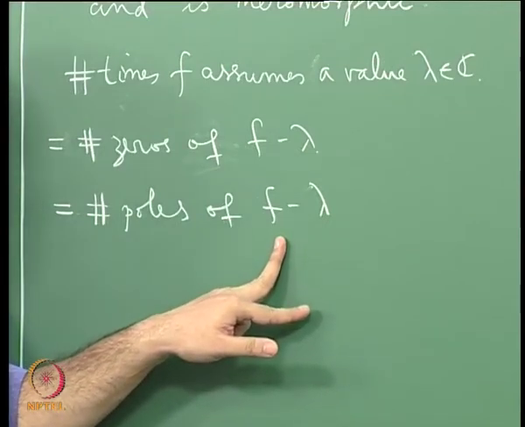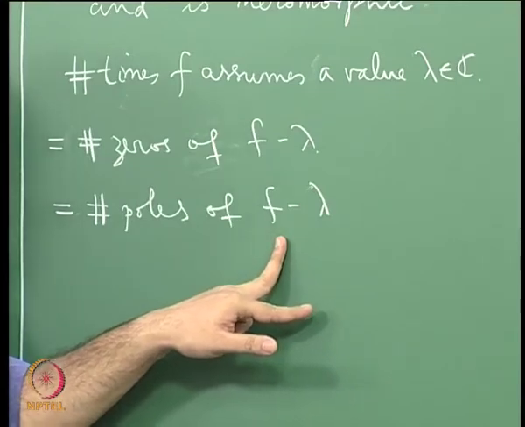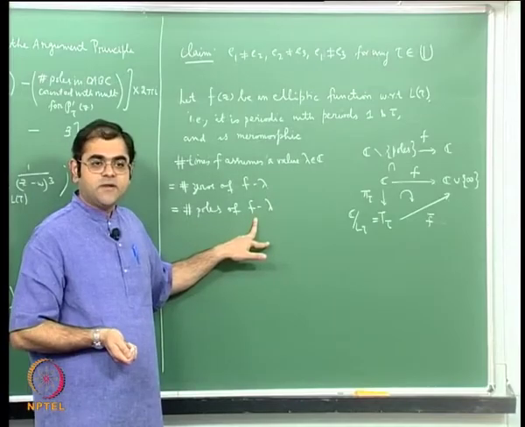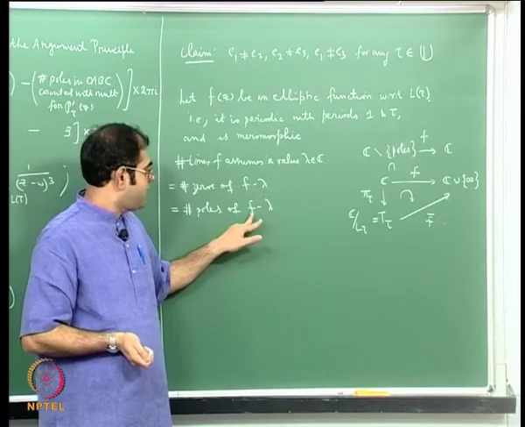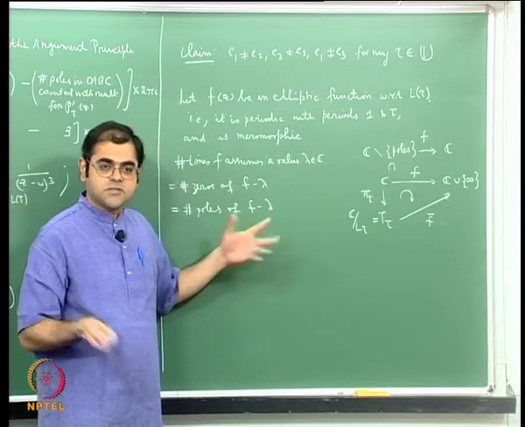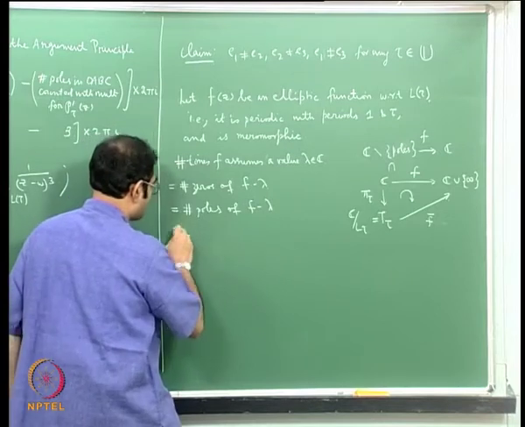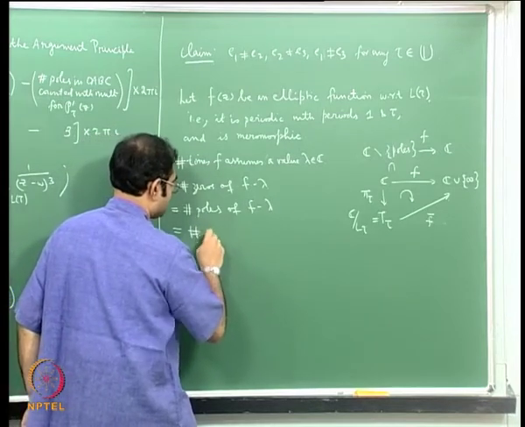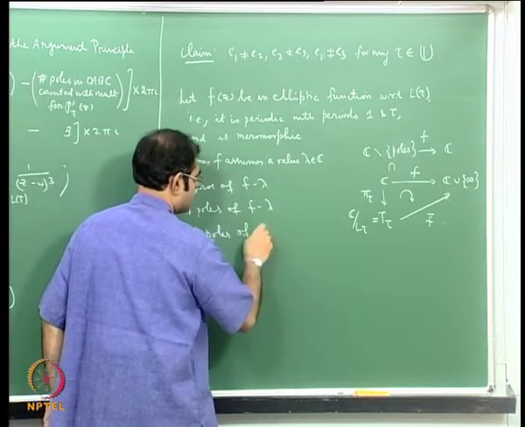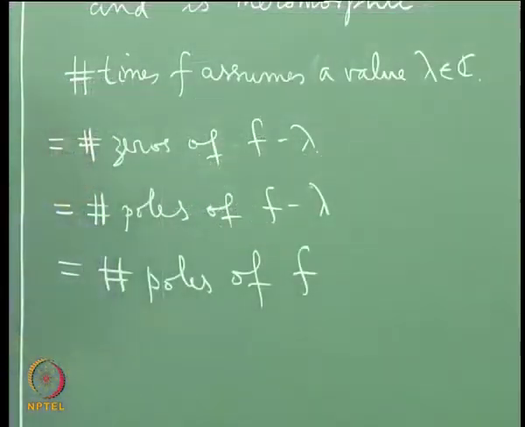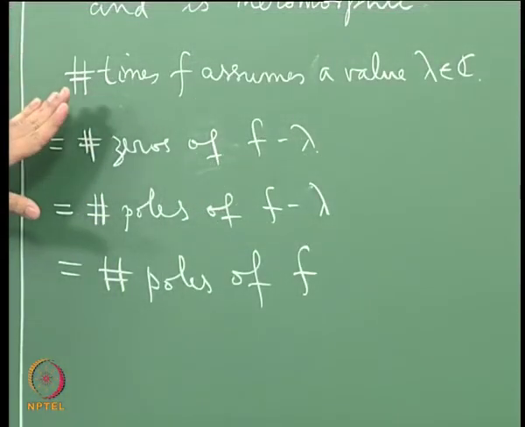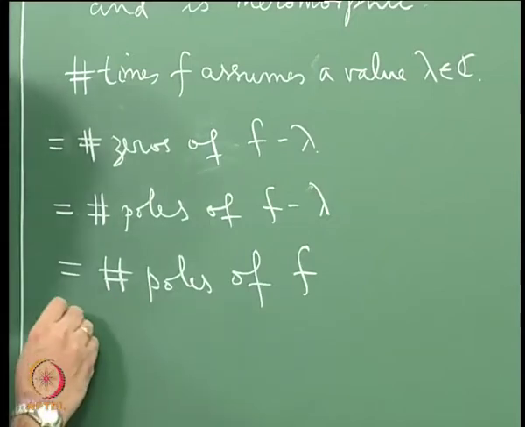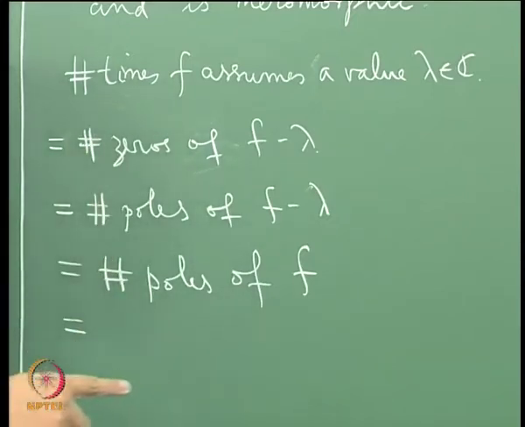The poles of f minus lambda are the points where f goes to infinity, and if f goes to infinity then f minus any constant complex number will also go to infinity. So this is also equal to the number of poles of f, and this is exactly